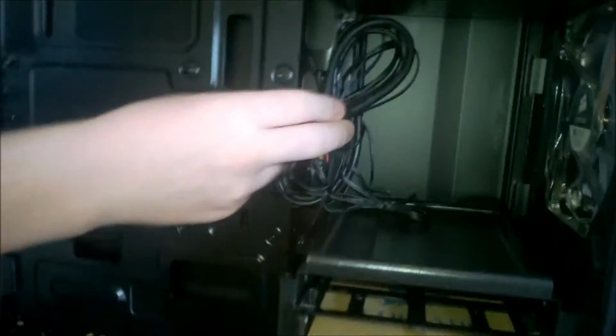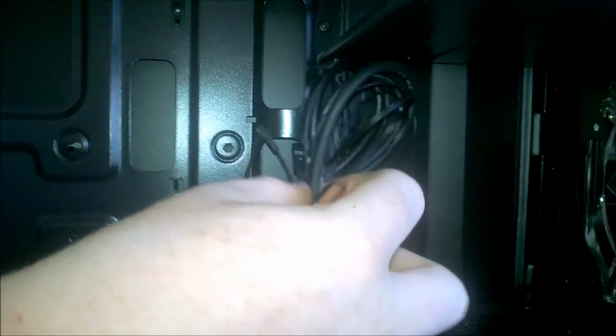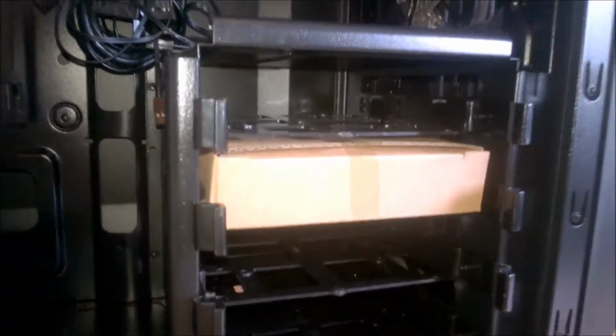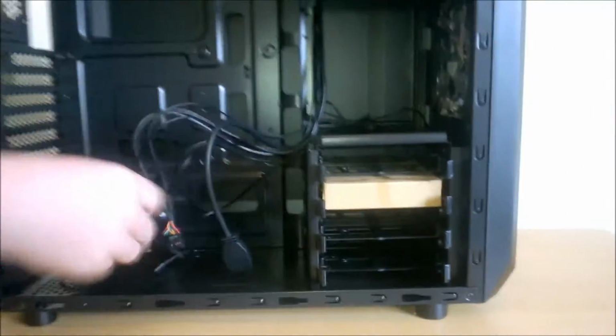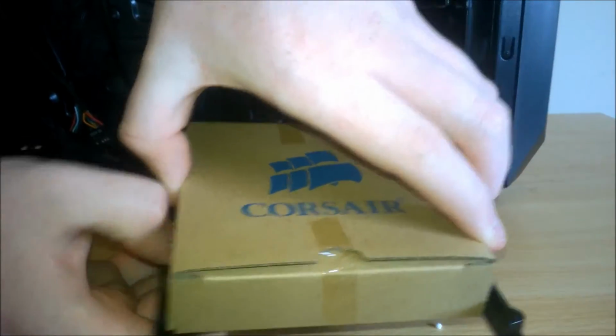So here we have our clump of cables. I'm guessing they are twist tied. So I have your USB 3, your HD audio, your USB 2, and then you have your LEDs for the front of the case and whatnot. Here we have our little bag of screws,